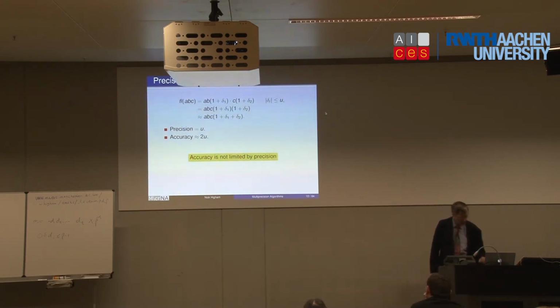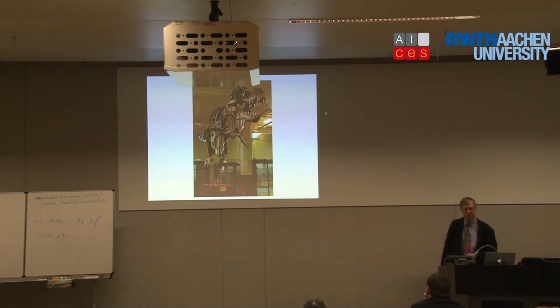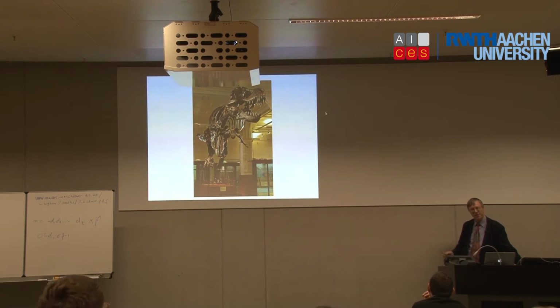So this is where the dinosaur comes in. This is the Tyrannosaurus Stan, and he's been there for many years in the Manchester Museum. And the story is that a tourist said to the museum attendant, "How old is Stan?" And the attendant said, "Stan is 100 million and 3 years old." And the tourist said, "Well, how can you be so sure?" The attendant said, "Well, I've been here 3 years, and he was 100 million years when I arrived." So you see there, accuracy and precision are quite different things, as that story illustrates.